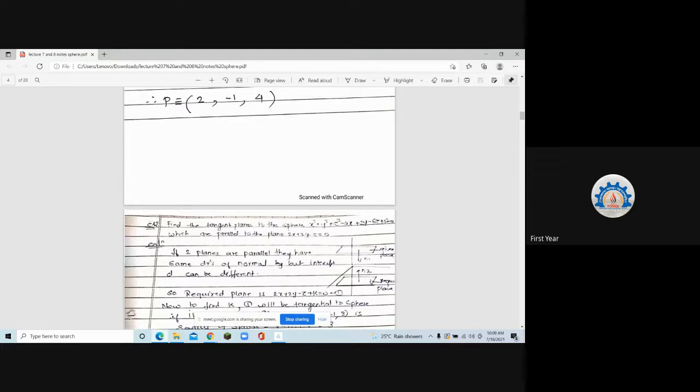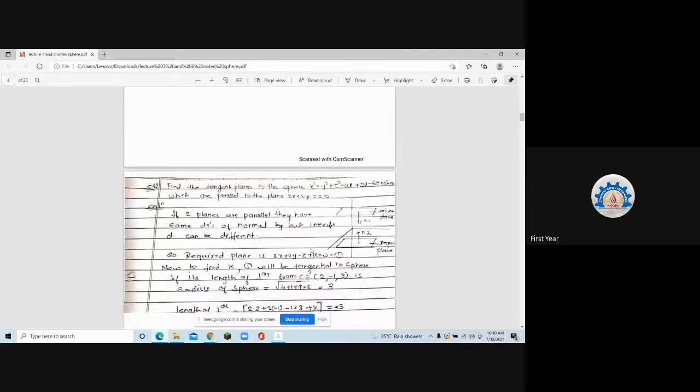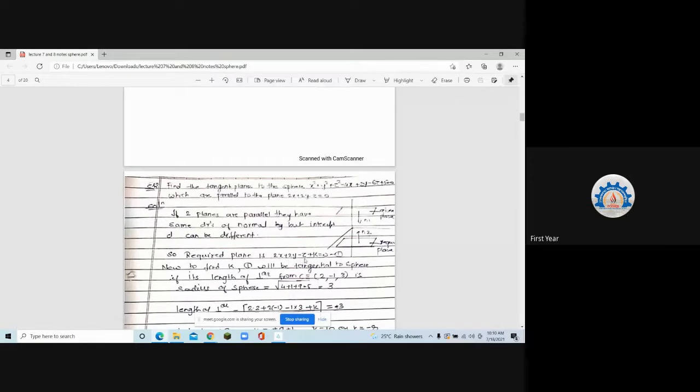So, if they are parallel to each other, what is the normal line which is perpendicular? The first plane has n1 as its normal, and the second plane has n2 as its normal. So, they are same. What do you mean by same? They will have same direction ratios, because two parallel lines make the same angles with the x axis, y axis and z axis. So they will have same direction ratios. Are you getting it? That means if 2x plus 2y minus z is parallel to the required plane, then it will be of this form: 2x plus 2y minus z plus k is equal to 0.